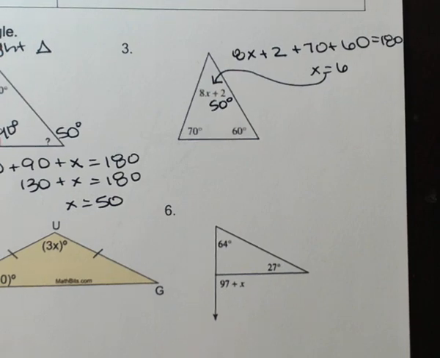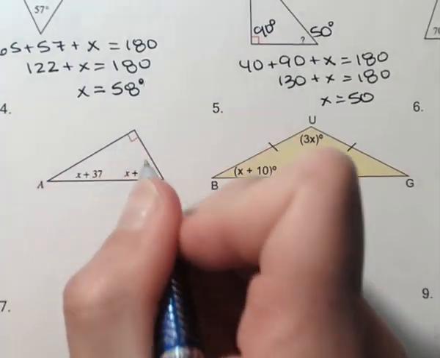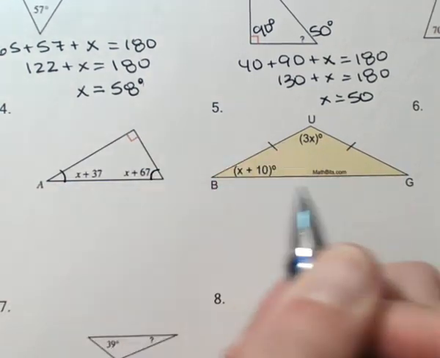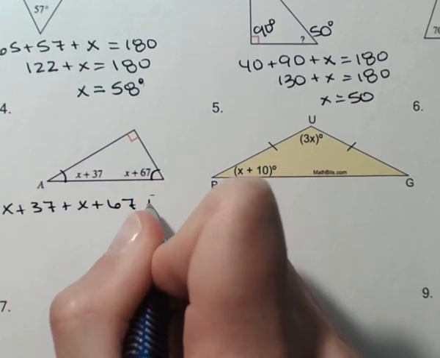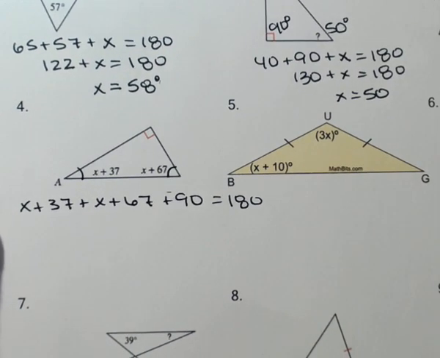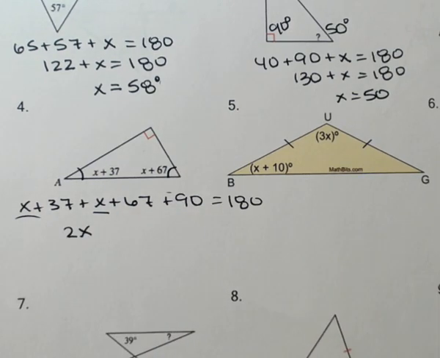All right, number 4. I'm just going to set up number 4 and 5 for you, and then I'll let, well, actually, number 4 is a little interesting now that I think about it. So this one, again, we're trying to find the missing angles. We want angle A, and then this angle over here. So you're going to set x plus 37 plus x plus 67 plus 90 all equal to 180. So then you're going to add your like terms. So now we get 2x, and then we have 37 plus 67 plus 90. That's going to give us 194